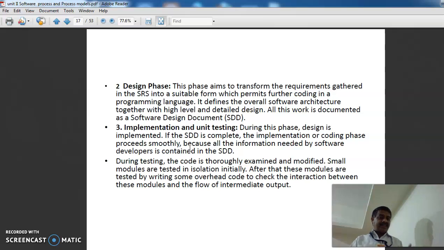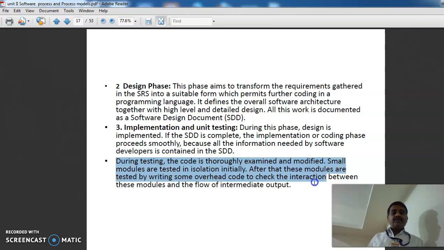Small modules are tested in isolation initially. After that, these modules are tested by writing some overhead code to check the interaction between these modules and the flow of intermediate output. So this is the testing process.